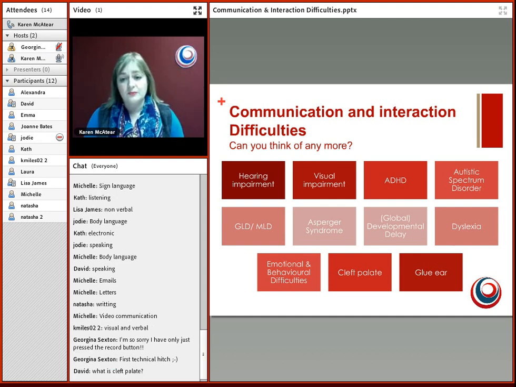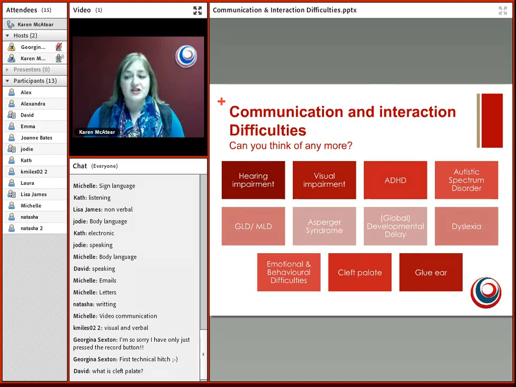Also visual impairment. Children with ADHD, although you might think the opposite, that they communicate too much because of the rate they can talk, their ability to communicate and interact can be a difficulty at times because the brain is working so fast. Those with ASD, or on that spectrum, autistic or Asperger's,